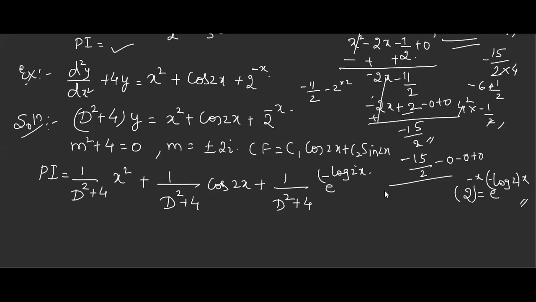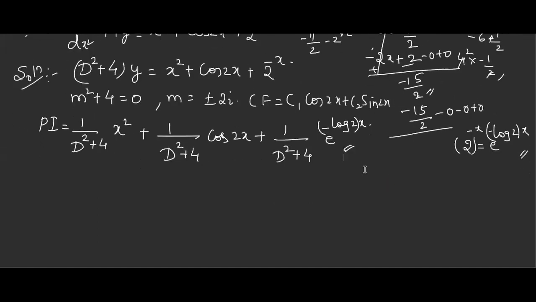Because we have to replace d by the coefficient of x. So leaving x, whatever you have, the entire thing, even that minus should be considered. So I'm writing like this. Is this clear? 2 raised to minus x can be written as e raised to minus log 2 into x. Now apply one by one case. Now here we have to go for actual division only.